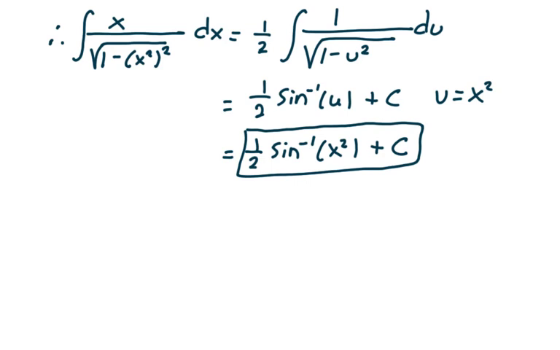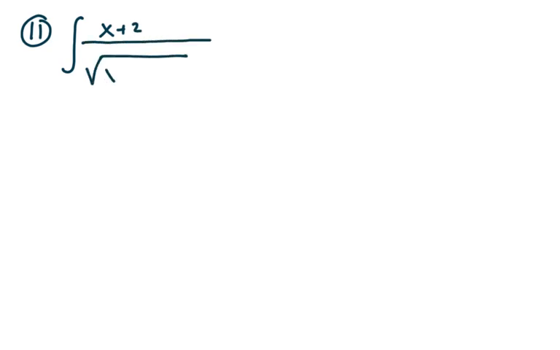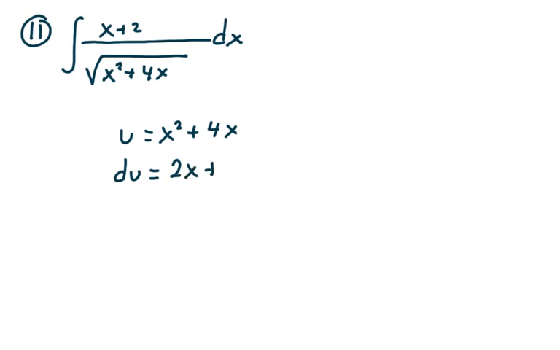I want to take a look at 11. So on problem 11, we have the integral of x plus 2 divided by the square root of x squared plus 4x dx. So my u is what's inside the integral. So u is x squared plus 4x. My du is 2x plus 4